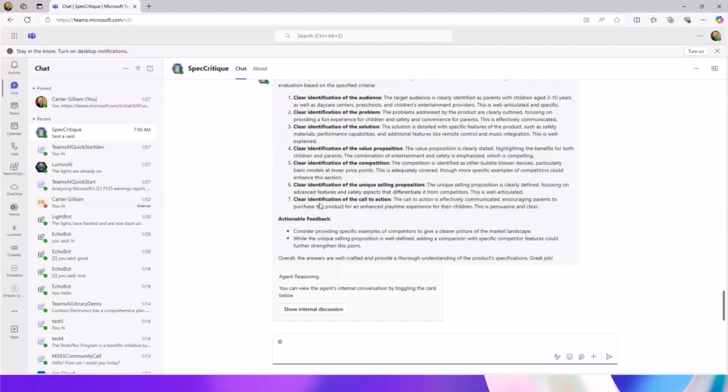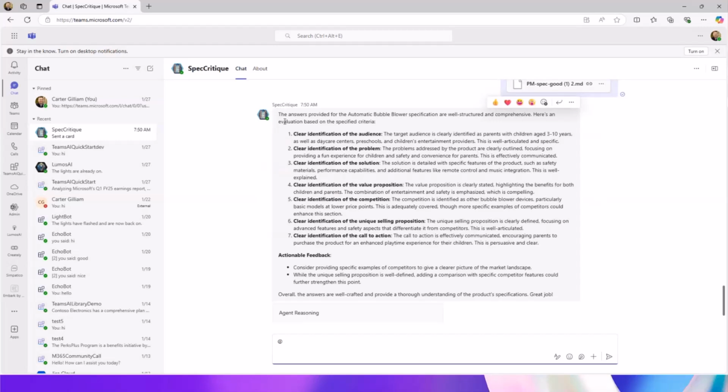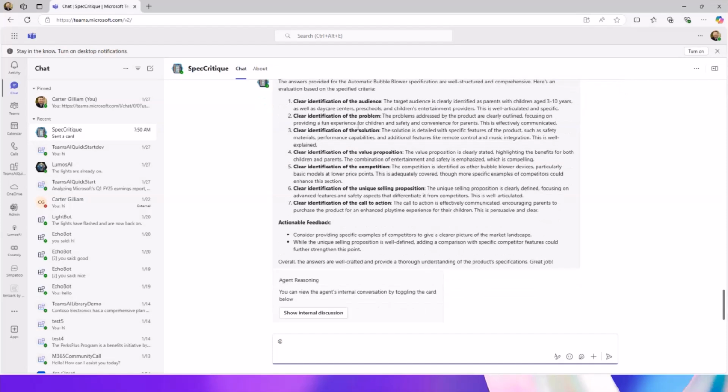The end result is that it provides the spec evaluation with a clear identification of the audience, and it says it has the target audience, identifies a clear problem statement, as well as the identification of the solution, the value proposition, and the competition, and goes through all the aspects of the specification while giving actual feedback.